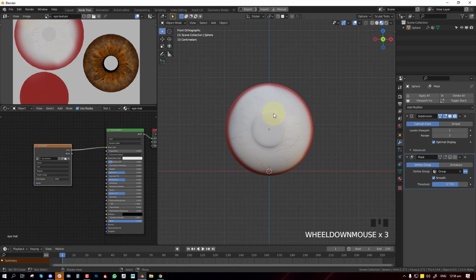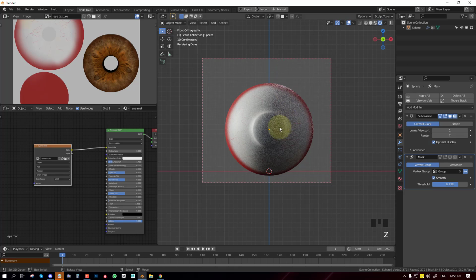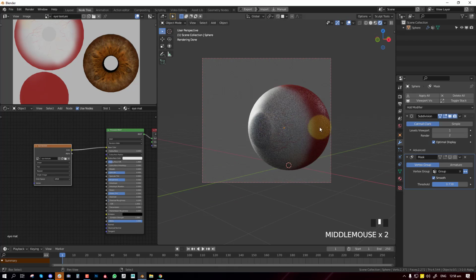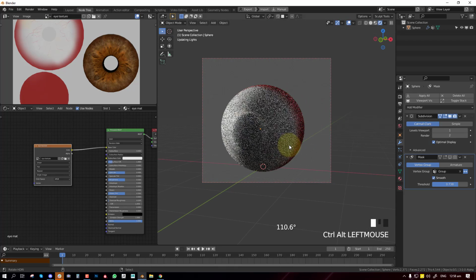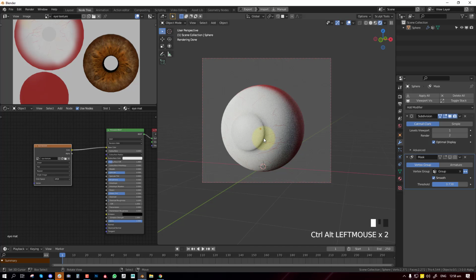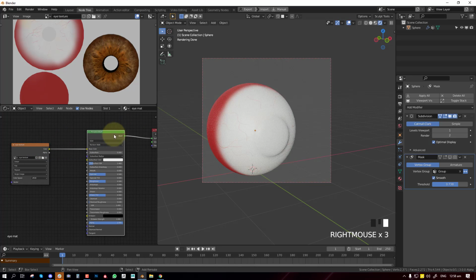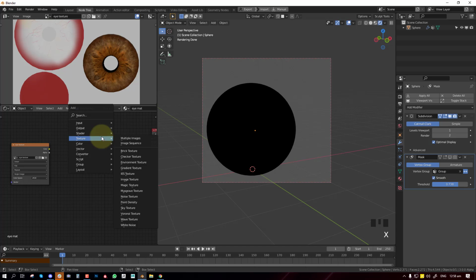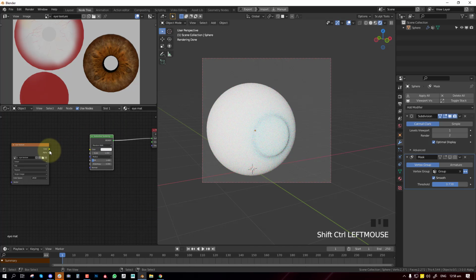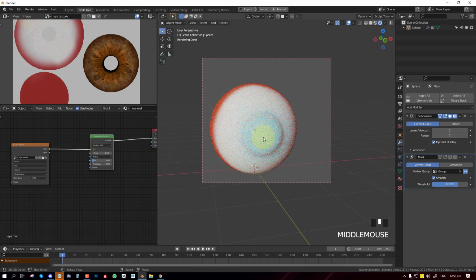Okay, so the next process is basically shading this with Cycles, because I mean, you could set this up to work for Eevee, but I tend to use this method for Cycles because it gives a better, more realistic result. So let's start shading. I'm going to delete this shader and add a subsurface scatter, plug in the color.